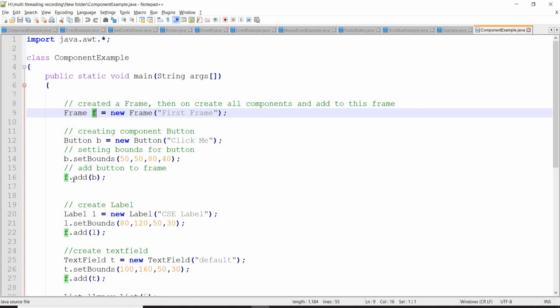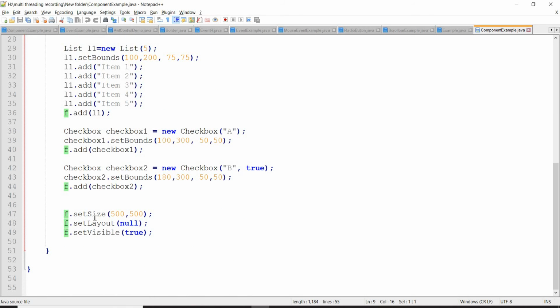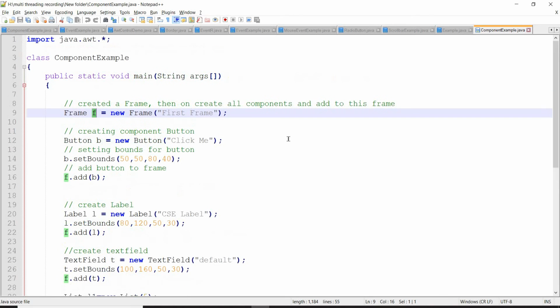F.add of component, F.add of button, F.add of label, F.add of list, checkbox, and finally set the size for the frame, layout as null, visible property as true. If you do two programs, it will be enough. You can easily remember these methods. Okay, just now we have discussed buttons, right?